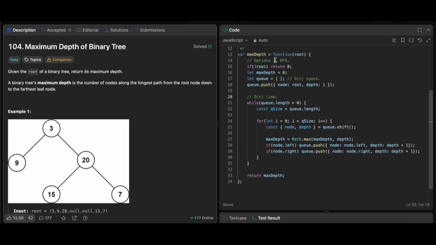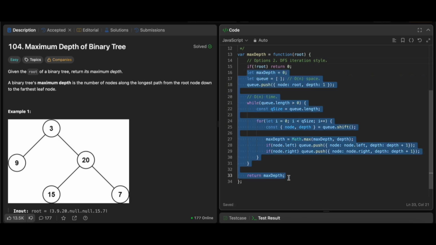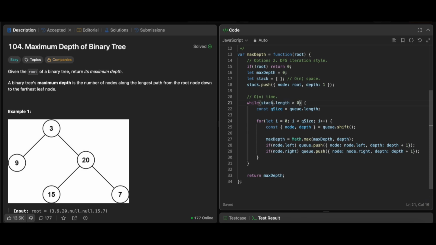Then let's see the DFS iteration style. Okay, I think I will just delete this. No, we can just overwrite it. This one is stack. Stack.push one stack.